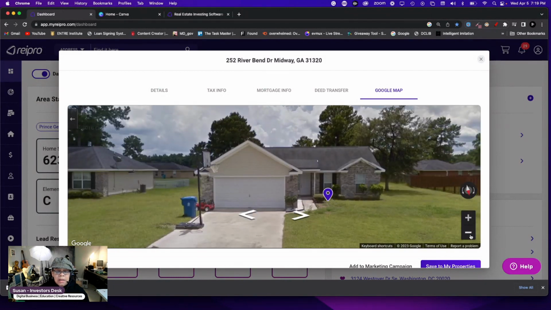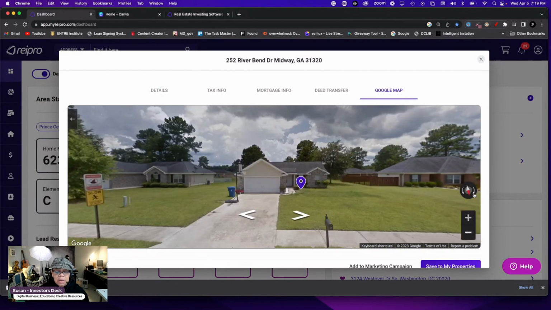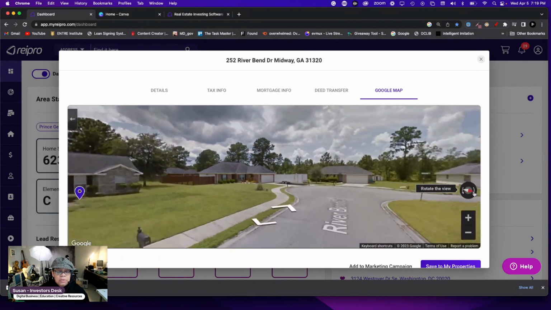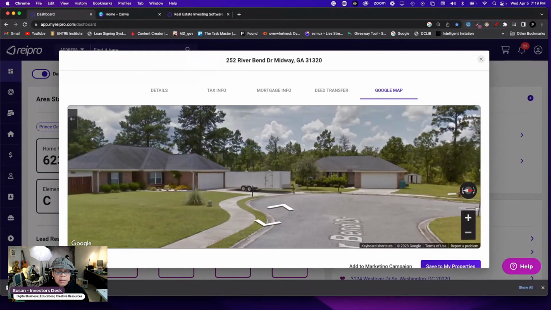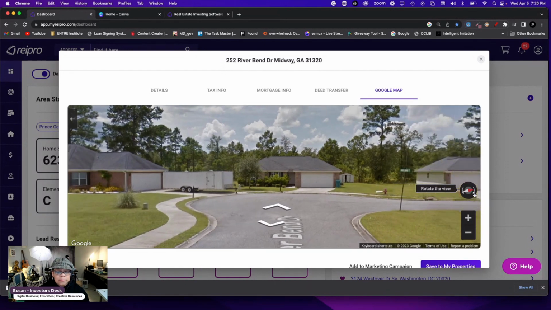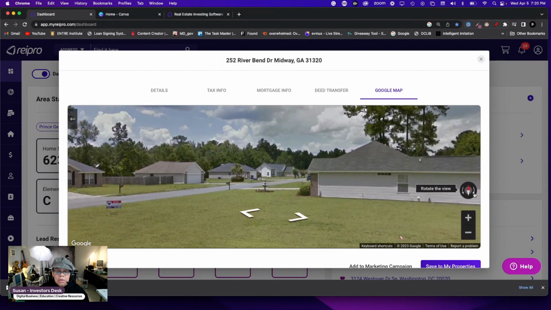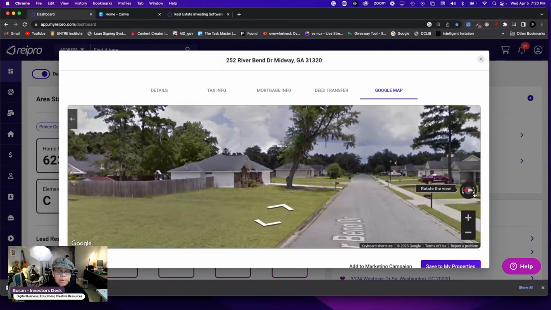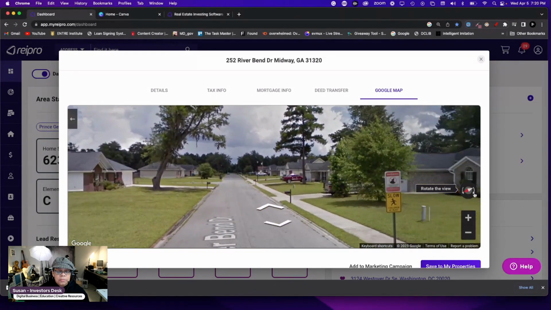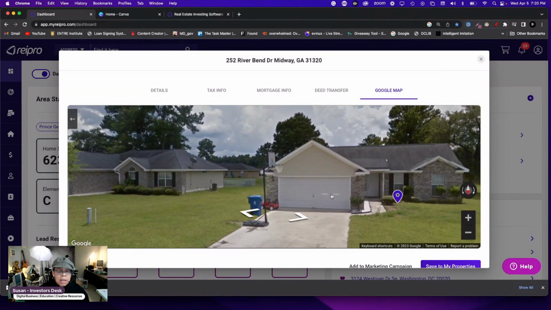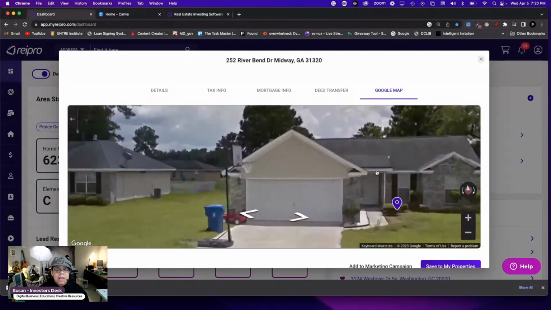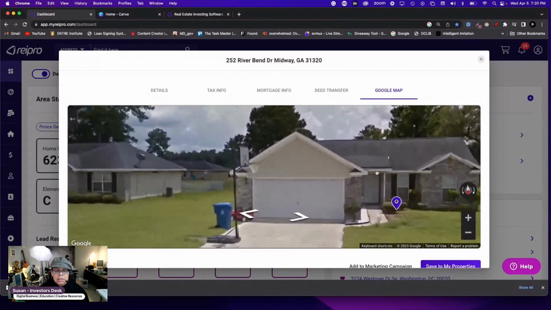And then the other thing I like to do is take a trip 360 degrees in the neighborhood. So it looks like it's in a nice little courtyard bend, but beautiful. This is Georgia. And it looks like it's got a lot of property back over here. All right, so this is what I like. And the thing is if I like this property,